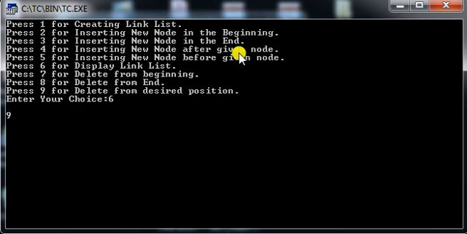Let me insert a few more elements. So now it will be 4, 9, 15. Now let me remove the element from the first position, right? So for that, what I have to do?